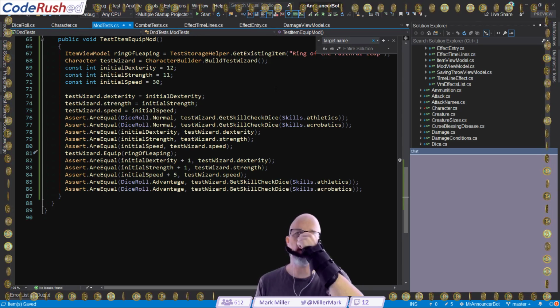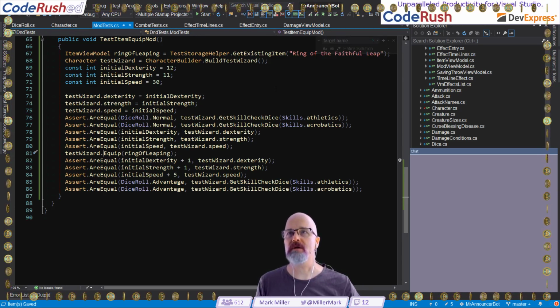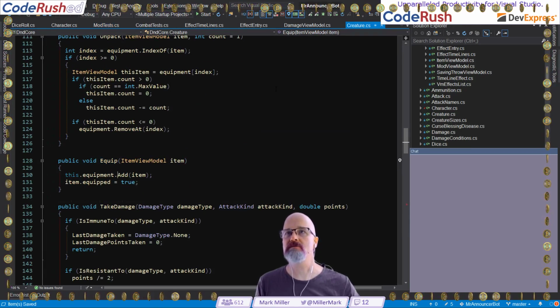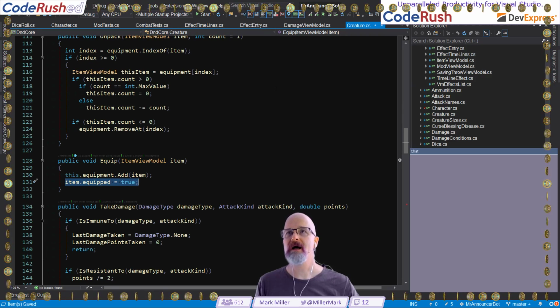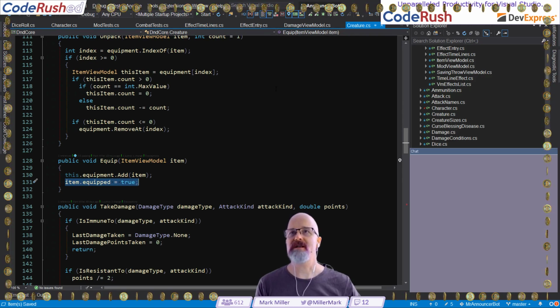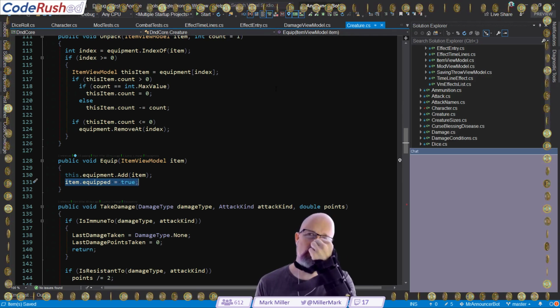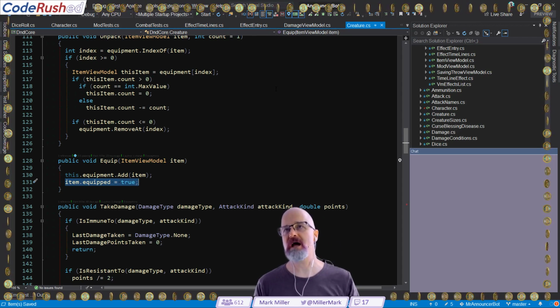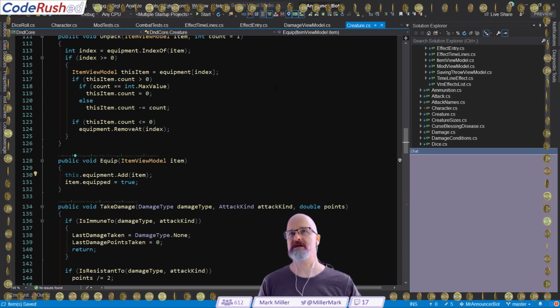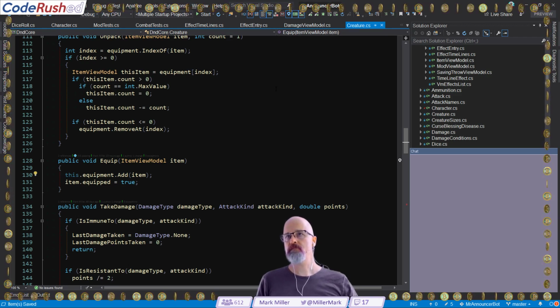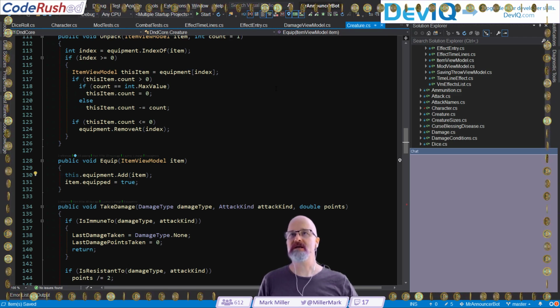Okay, so now I want to look at what happens inside equip, see what I'm doing in there. Ooh, we're adding the item, and the item we're setting its equipped state to true. That is awesome. So next, now the question is this: when do we check and calculate what the mod does? Is the question. I think,